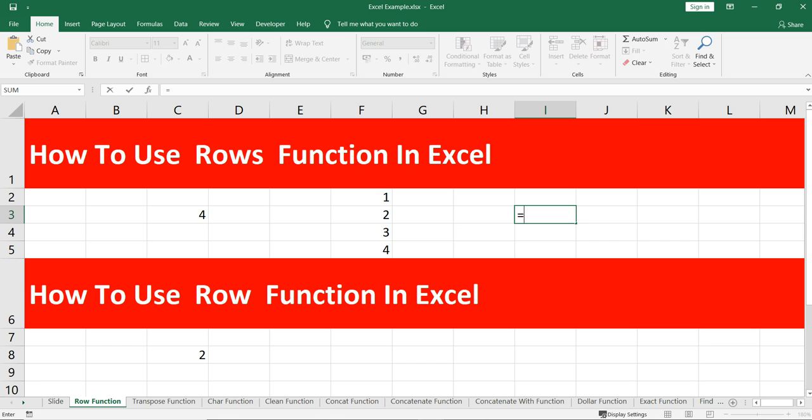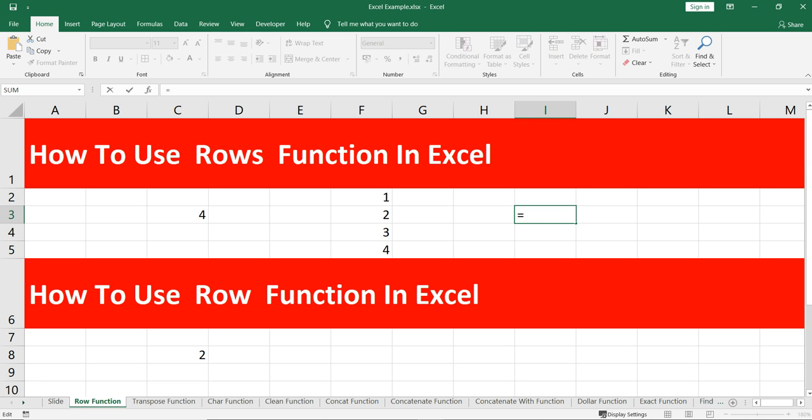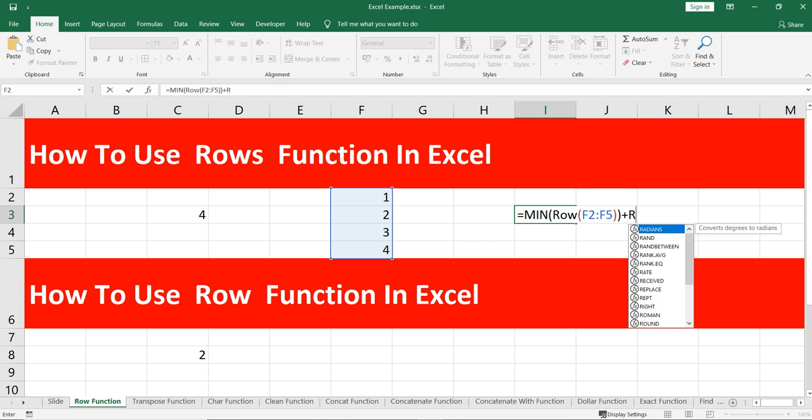So I'll put MIN. MIN is another function in Excel, and I'll put ROW. Then it's asking me the range, so I'll put this range, and then again I'll use ROWS.